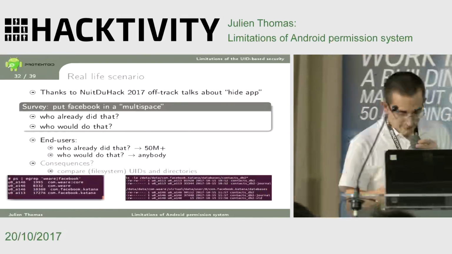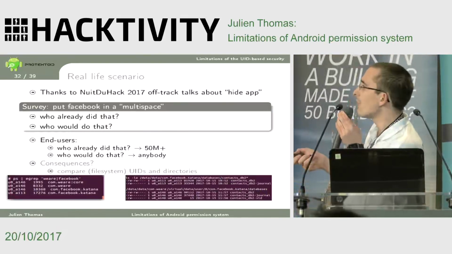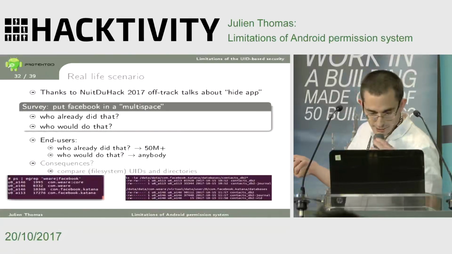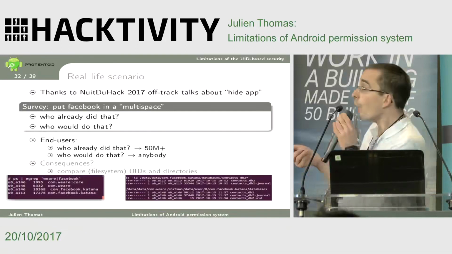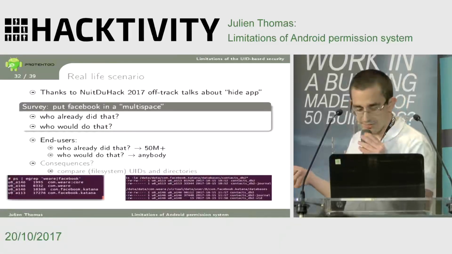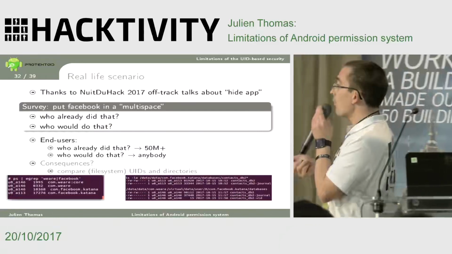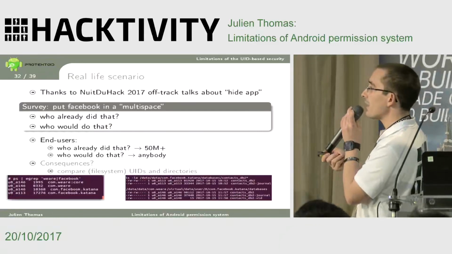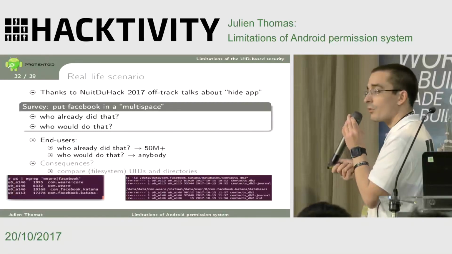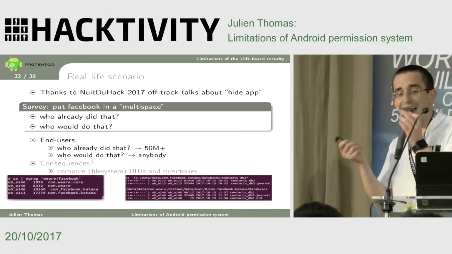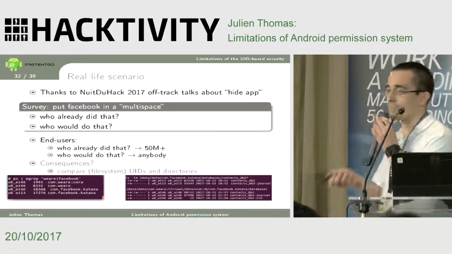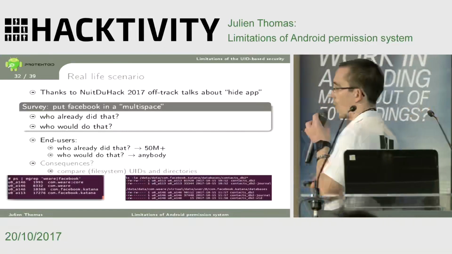But what you have here is that when you try to grab the Facebook process, you will see that Facebook is run by two different UIDs. That's the normal UID, which is A113. But the host, which is ID 146, also runs Facebook within its own ID, so its own process. So it controls it. When you talk about files, it's the same thing. That's the expected location of Facebook data. And on the virtualizer, it's stored in the virtualizer data, meaning the virtualizer can access all the data that Facebook stores. Contact database, everything is owned and accessed without any request by the host.